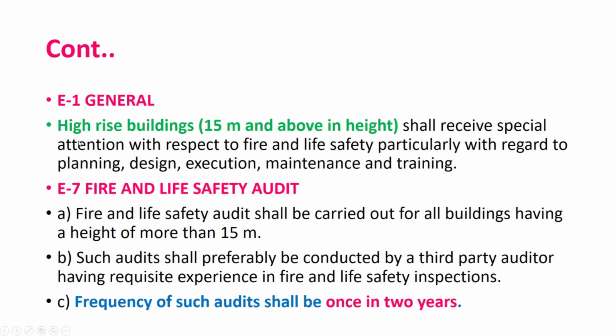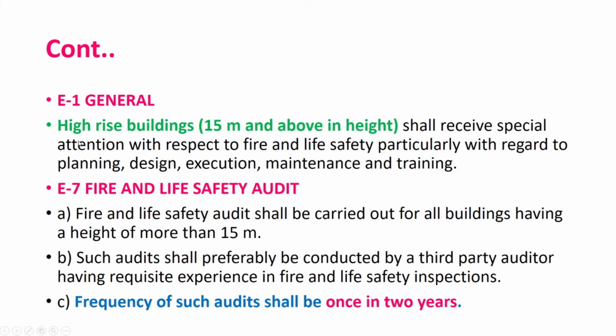Now let's see some of the important provisions which I think should be known to us. Now what they are saying is that this is again clause 4.6. For a high-rise building, we have already seen anything which is more than 15 meters in height, and special building, they have again categorized certain special buildings. I will tell you after this slide. So the Fire and Life Safety Code, or the Code of Requirement, specifies what it says.